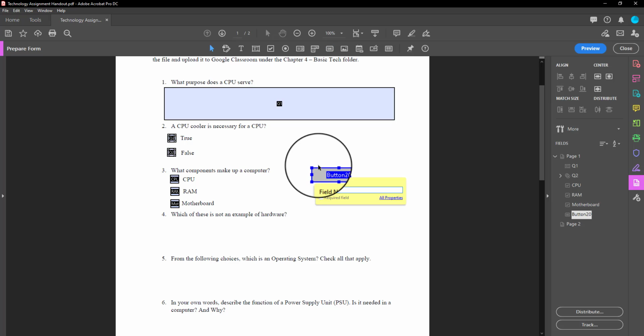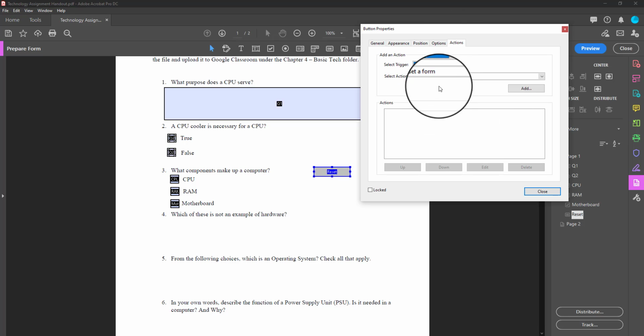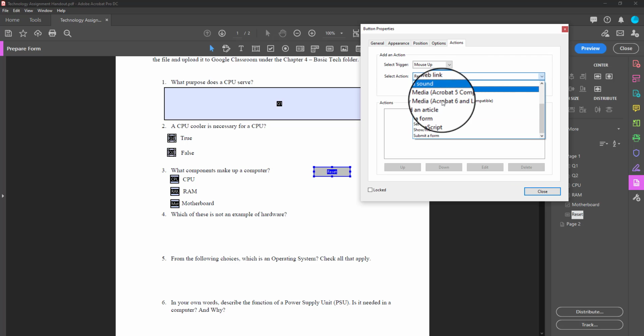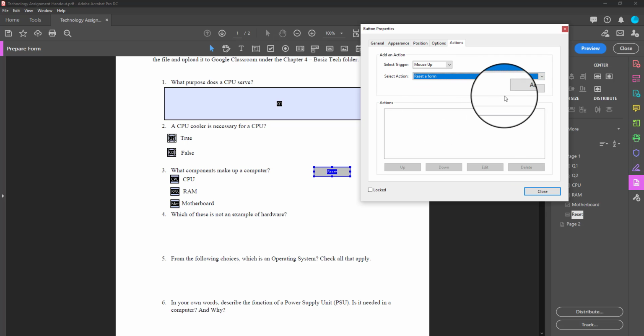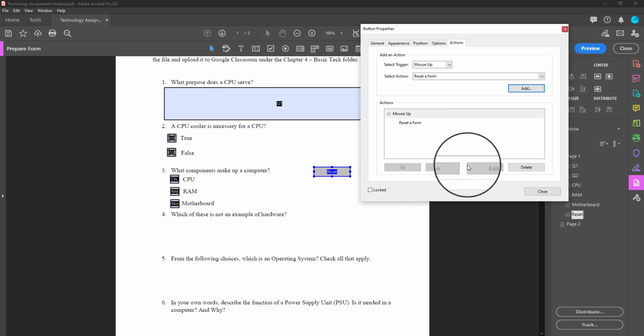To add an optional reset button to your form, click on the button icon at the top, place it anywhere on your form, and label it as reset. Select the all properties, go to the Actions tab. Under Select Action, click on the drop-down menu and select Reset a Form. Click on the Add button and make sure you select all the fields to reset. Select OK,